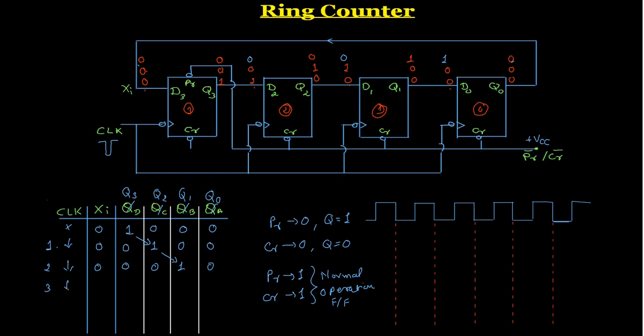Then if we see that this 0 will be transferred to this output and it becomes a 0. Now the input to flip-flop number 2 is 0. Now it will be transferred to this output, becoming a 0. Input to D1 is 0. It will be transferred to the output Q1, becoming a 0. And the input for the final flip-flop, you can see, is a 1. After applying the negative edge, in the output you will get a 1.